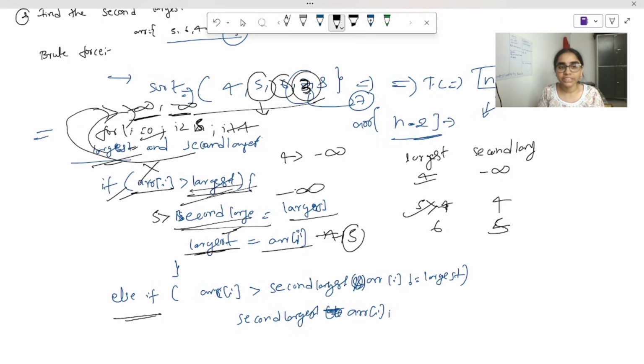So it doesn't go into this if condition, and it will check if array of i is greater than the second largest. No, 3 is not greater than 5, and it is not equal to the largest. It will not go into the else if condition either, and i will be incremented to 8 and checks